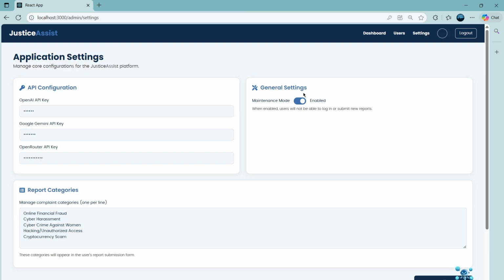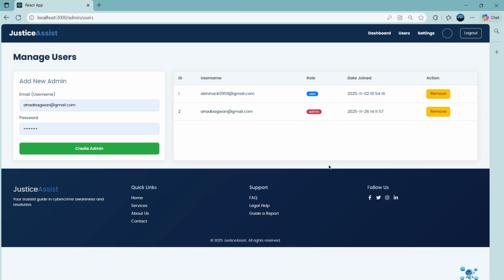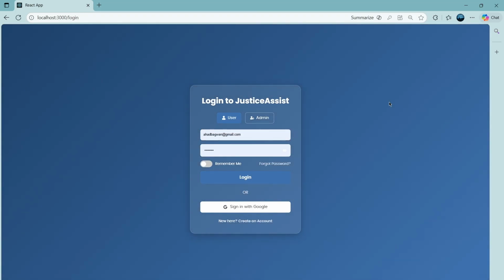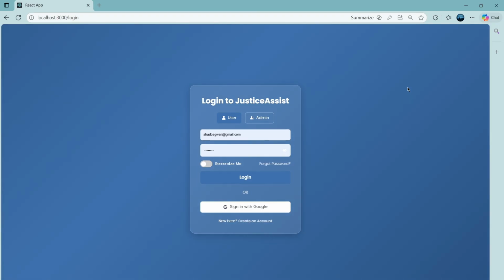The admin page is basically a dedicated interface where authorized administrators can manage users, monitor submitted reports, review users, and also all admin actions are secured with role-based authentication. This section helps maintain the overall health of the system, ensures data accuracy, and keeps educational content up to date. This is our project.